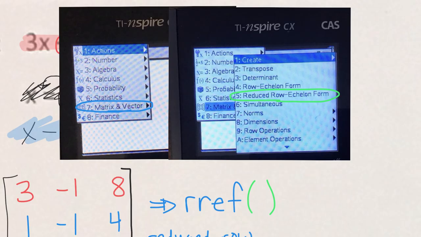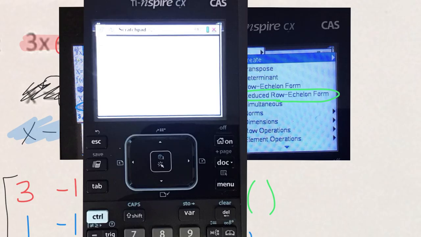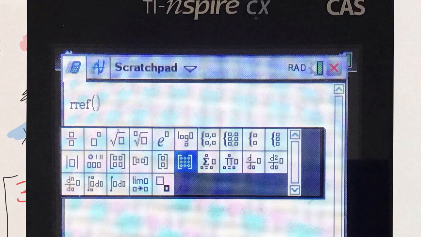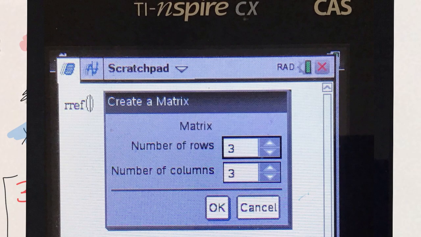Okay, so now we're going to have to hit some other buttons. Let me show you which button you hit now. This is the button we're going to hit now, right here. This gives us all of our options that we're trying to find. And when I hit that button, I get all of these options. So these are all the things that I could insert into my parentheses. Well, you see the one that's highlighted is this one. That looks like it's a 3x3 matrix. But when you click on that button, we get this menu, so we can make whatever size of a matrix